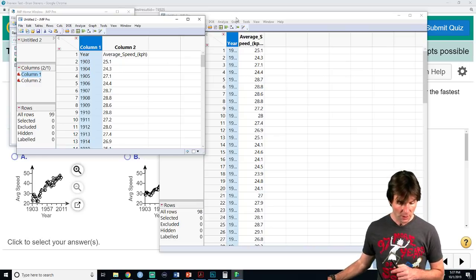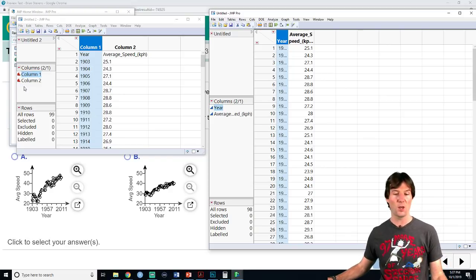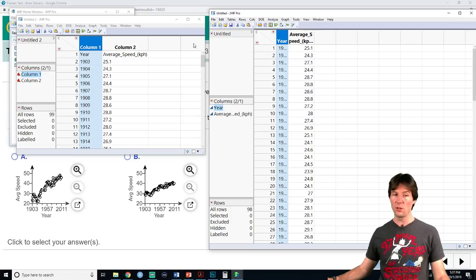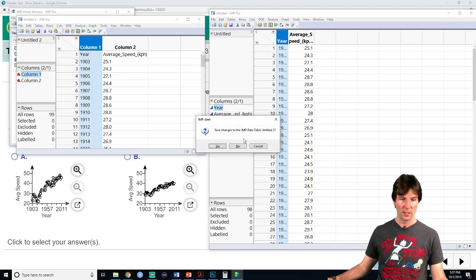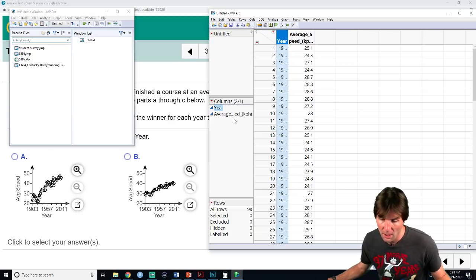This is key because if you do not paste with column names, you will get something that looks like this. And JMP is trying to show you right now with these red icons that these are categorical. If they are blue, then they are quantitative. And this is QQ straight enough, no outliers, because we're doing regression. So make sure to paste with column names.